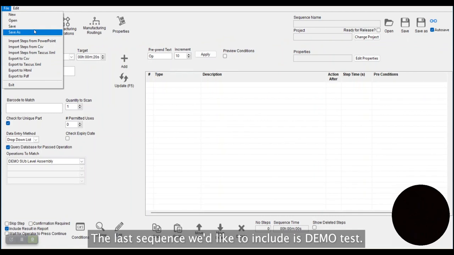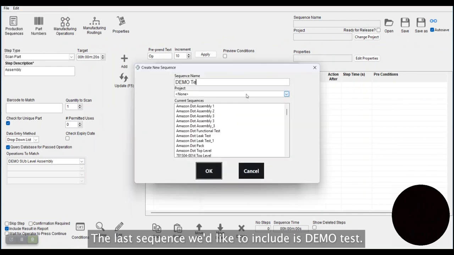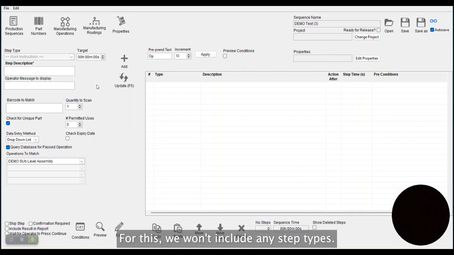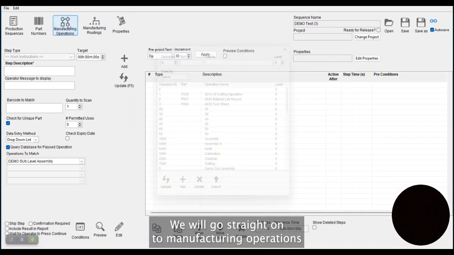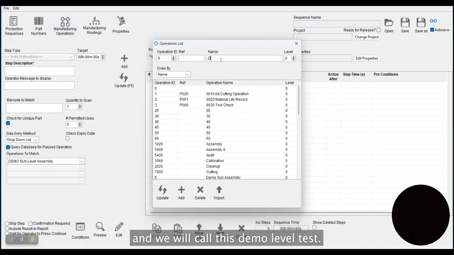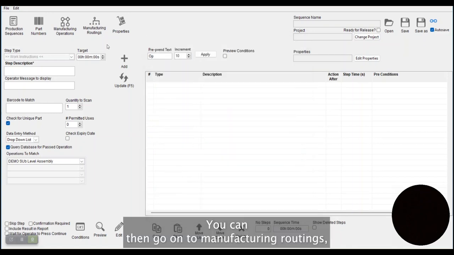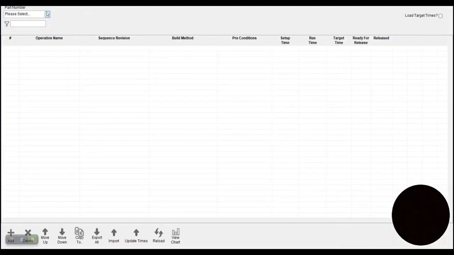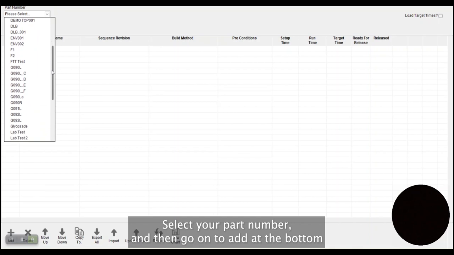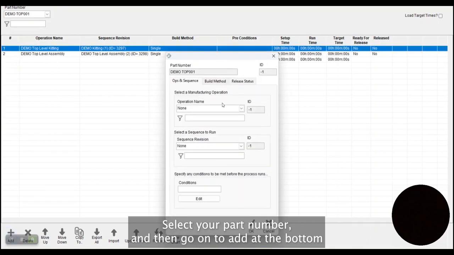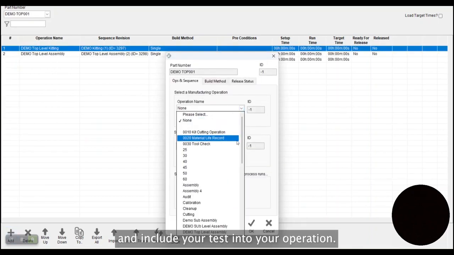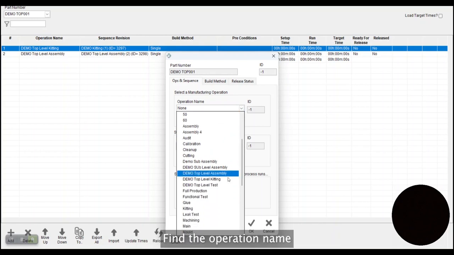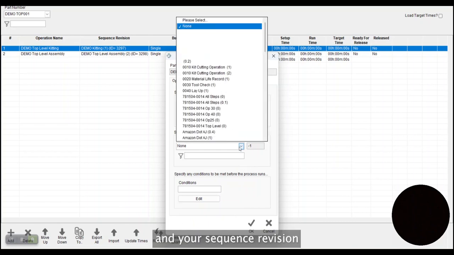The last sequence we'd like to include is Demo Test. For this we won't include any step types, we will go straight on to manufacturing operations and we will call this Demo Level Test. You can then go on to manufacturing routings, select your part number, and then go on to Add at the bottom and include your test into your operation. Find the operation name, Demo Top Level Test, and your sequence revision,